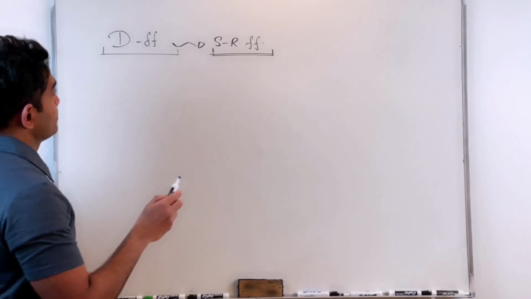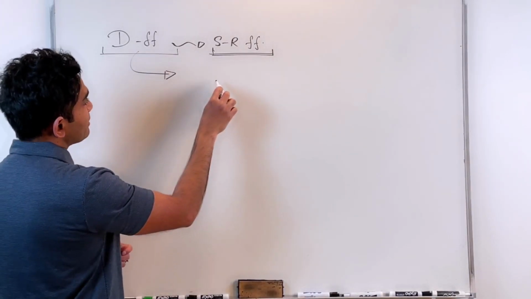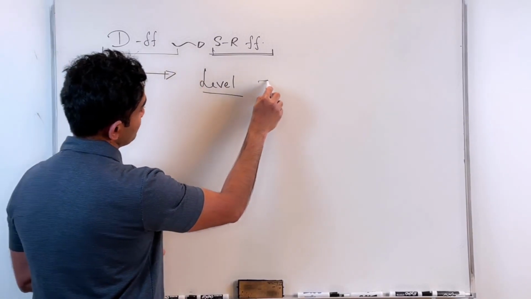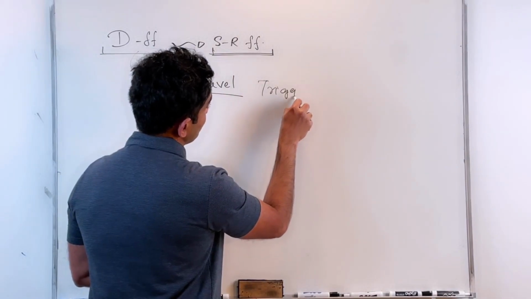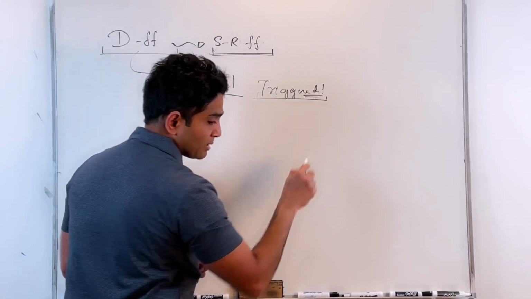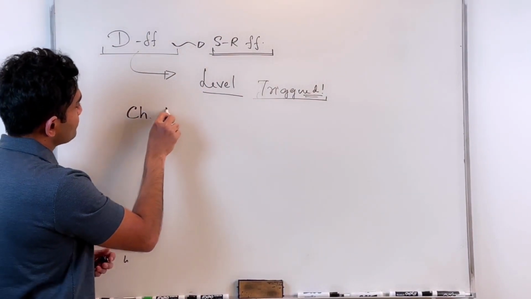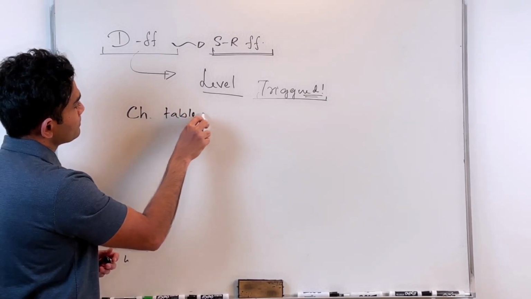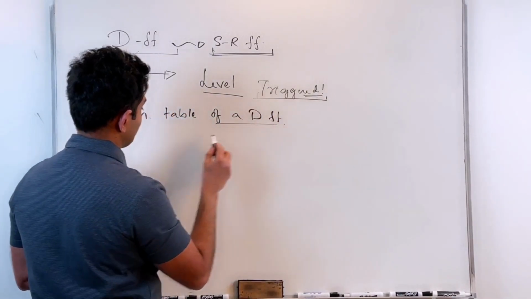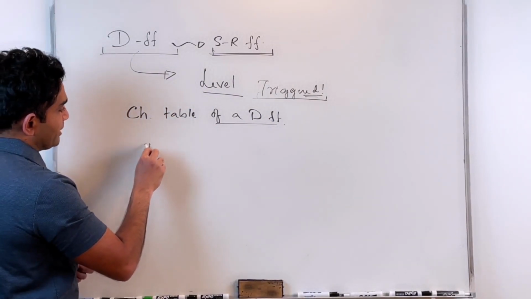and what else did we do? We realized that the D flip-flop that we derived was a level triggered flip-flop. So we discussed the triggering mechanisms of flip-flops. A level triggered flip-flop. What do I mean by triggered? If you go back to the characteristic table of a D flip-flop, basically that looks something like this, right? So basically you have the D input